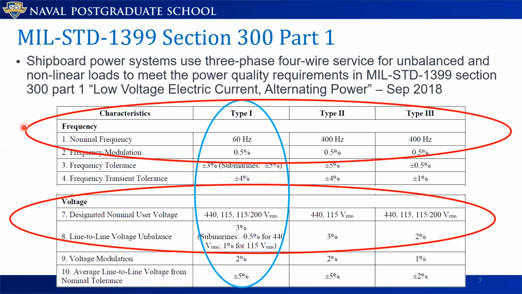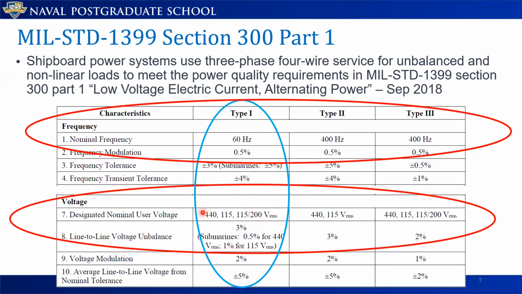So here I just want to show a little bit of this standard that I'm talking about. Military Standard 1399, Section 300, Part 1 for shipboard application was revised recently in 2018. I'm showing here pieces of Table 2, which is a table that takes the entire page. I'm only showing some pieces to show frequency characteristics and voltage characteristics. The type of power on board ship submarines is divided in type 1, 2, and 3. We are going to focus in this presentation on type 1 power, but of course, same ideas can be applied to the others. So type 1 power is 60 Hertz with voltage that could be 115 or 200 volt RMS